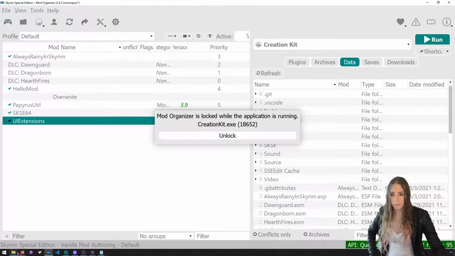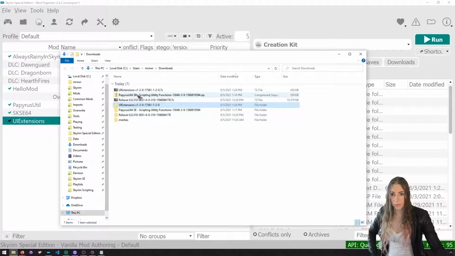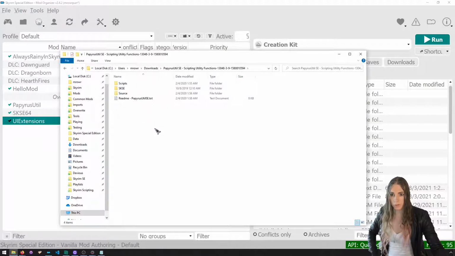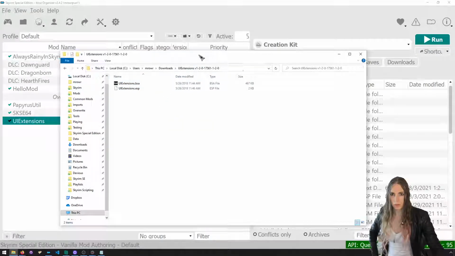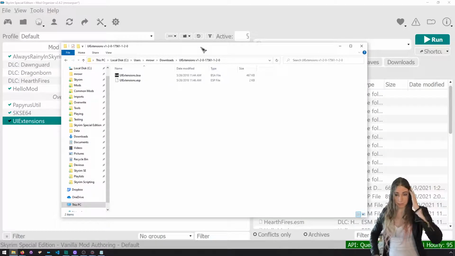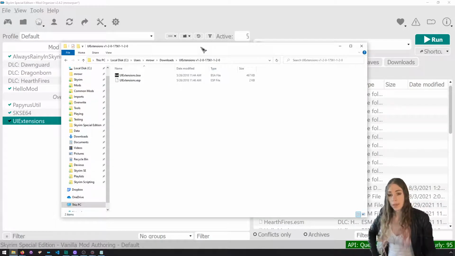So I downloaded this manually. And just like last time, we opened up this Papyrus Util folder, and we found the script in the source, right? And it doesn't have an ESP. Now I extracted the UIExtensions into its own folder. Same deal. It does have an ESP, and there's no script directory, no scripts, and no source. So there's no PSC files, and that means your users, if you are writing this mod yourself, can't compile